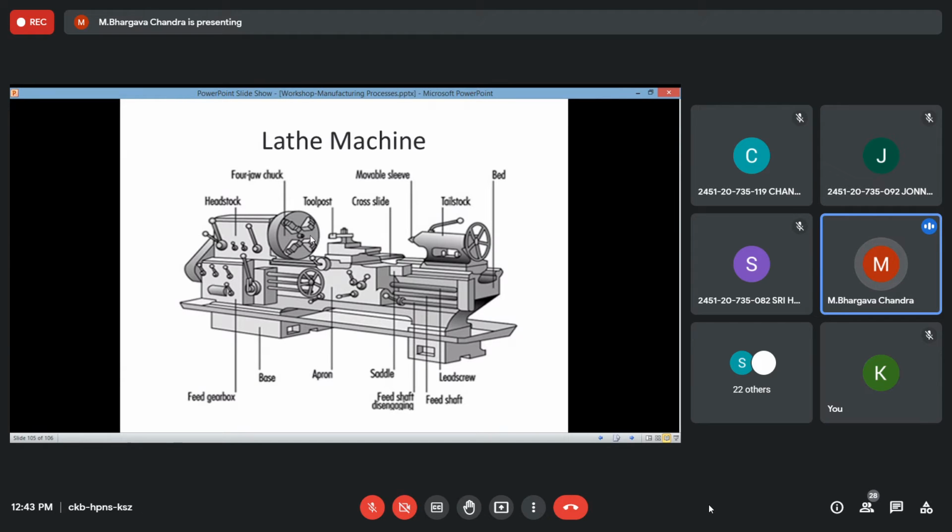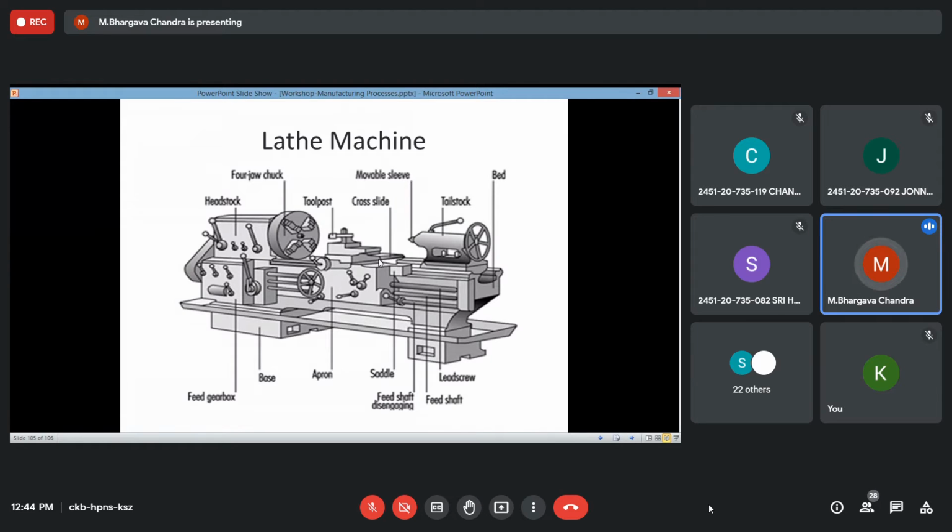That is, you can reduce the gap between them if you have a smaller component, or simultaneously you can increase the holding diameter of these chucks. Then you have a tool post here, on which the tool is fixed with a nut and bolt arrangement. Once fixed, the tool will be stationary, whereas the chuck will be rotating with the workpiece, so that there will be relative motion between the rotating workpiece and the tool bit. There will be a contact, which results in the removal of the surface material of the workpiece.